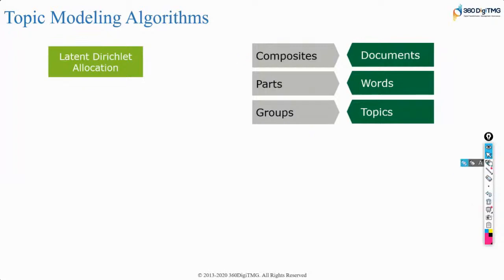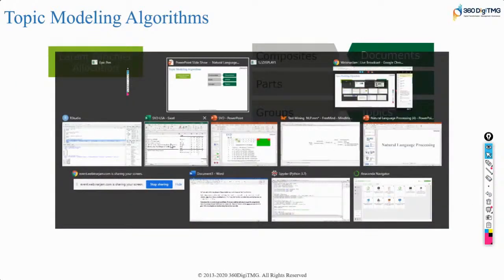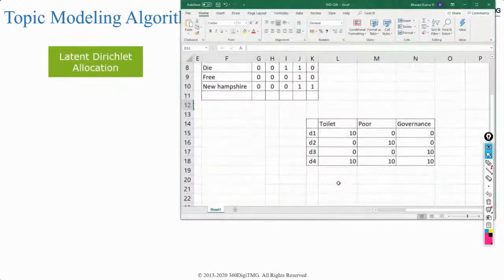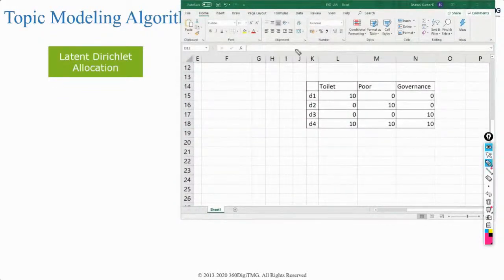Okay. And then I can give you an example here. Say you take a speech from a few years back. I mean, you can do it in R as well. When you have Narendra Modi's speech, in this speech, Modi might be referring to the word toilet because a lot of Swachh Bharat initiatives were taken up, building toilets for the poor, and about good governance. Modi spoke a lot about these things, right? So say these are the words that you have and these are the documents.